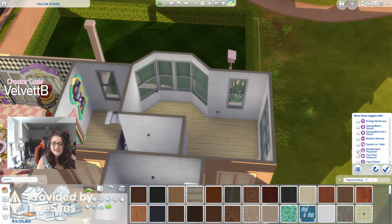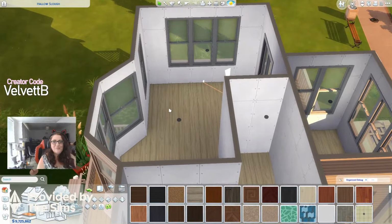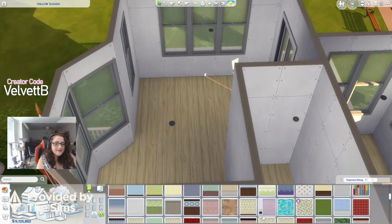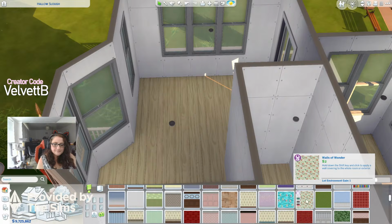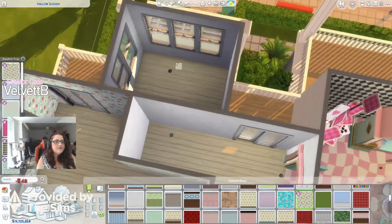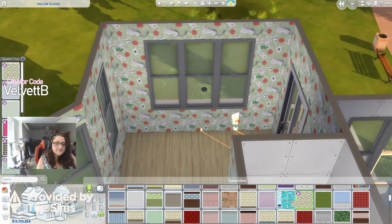But we'll just do base game as well as Wonderland Playroom Kit. And we'll see whether or not we can create a cute little bedroom with it. I think that'll be cool. So let's have a look. So we've got our wallpaper, which is here. I want to do a couple of rooms because then we can choose a couple of different colours. So we've got this sort of,